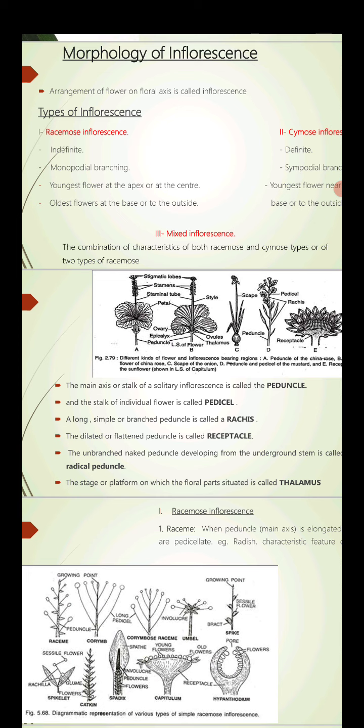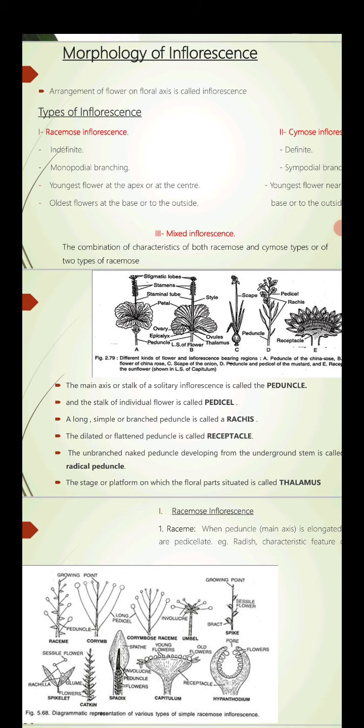So flowers actually develop either from axillary or terminal buds. They may arise singly or in clusters. When born singly, the flowers are called solitary. If present in clusters, they constitute an inflorescence. The floral axis or stalk bearing an inflorescence is called the peduncle. A flat peduncle is also known as the receptacle. In certain plants, the flowers develop on the old stem without any relation to axillary or terminal bud. It's called cauliflory.